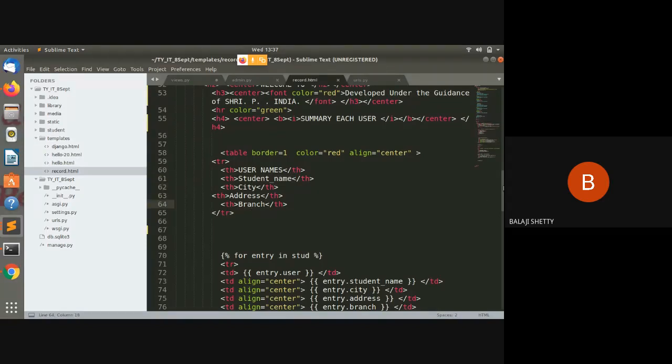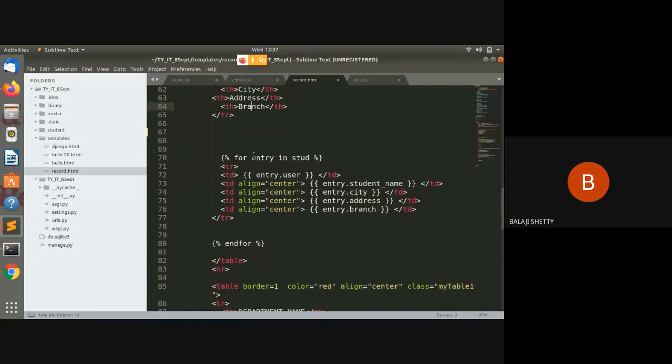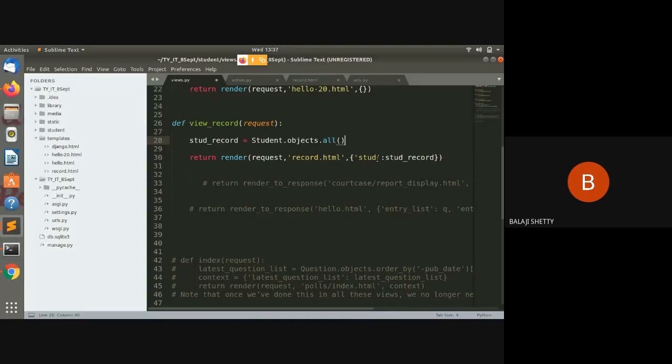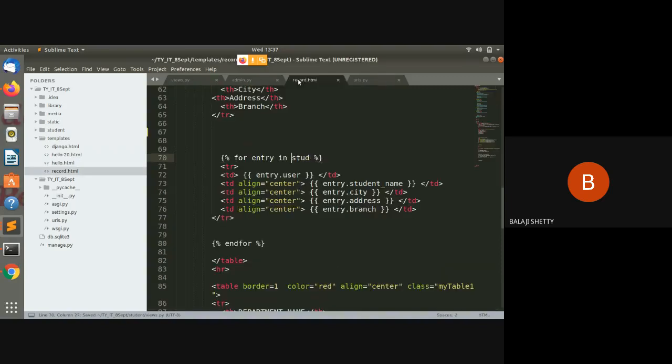And second is for entry in stud. What is this stud? Can you tell me what this stud is? This stud is this object, stud. Understood or not? Suppose I make it stud2, stud1, 2. Now what will happen? I have to make the changes here also. Stud1, 2. That's it. Your code will work.